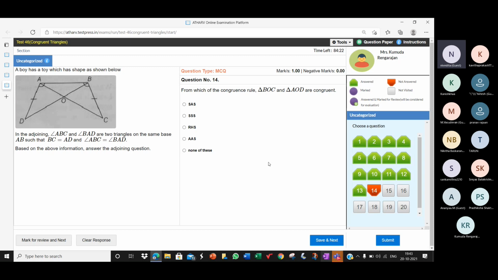So by CPCT, can we say that angle A is equal to angle B, ma'am? No, which question are you trying to answer? From this question only, ma'am. Yeah, but angle A of ABC is not the whole of this angle A. Look at the triangle ABC. In triangle ABC, how much is angle A? Only this part.